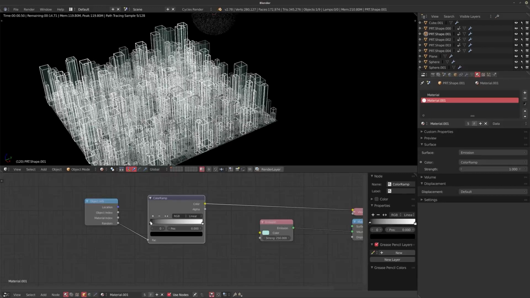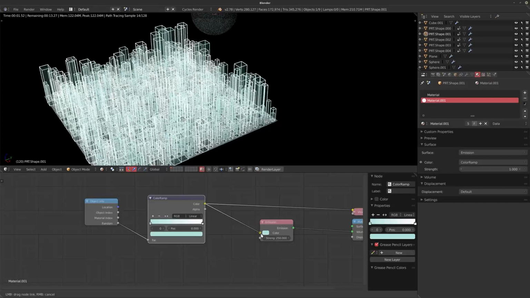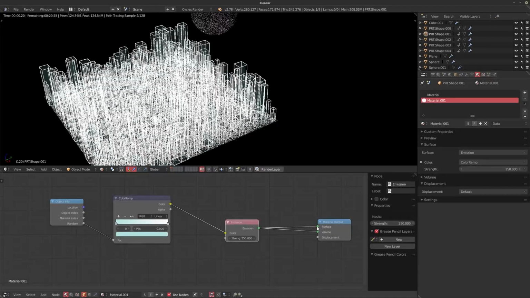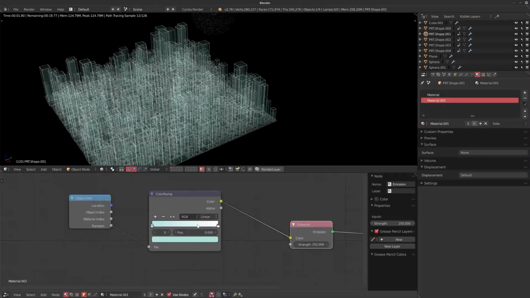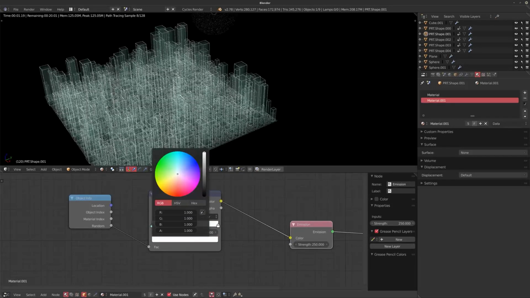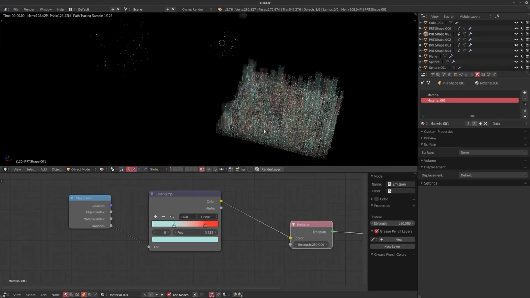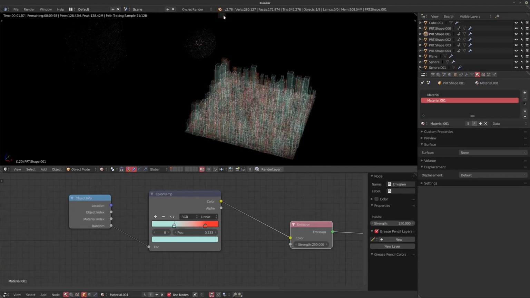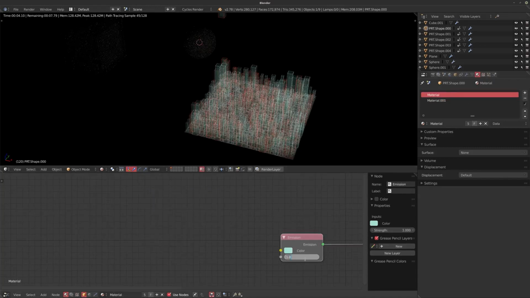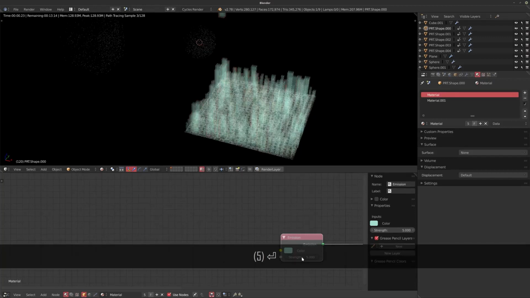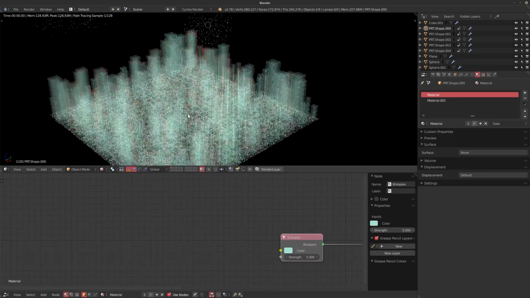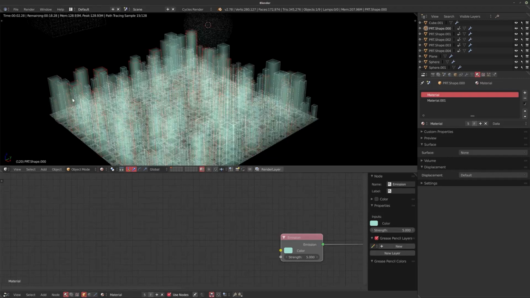So if I grab the black flag here and just drop the color that we already had, put it in there, and again I'm going to turn off the surface and just make sure it's a volume shader. What I can do is, let's say, grab some red, and if I bring these together, then you'll get a lot of really interesting variation already. Now it might be worth just tweaking the original material here and setting it to like 0.1 or maybe even stronger in this case. There we go. You get these really cool looking, interesting elements.